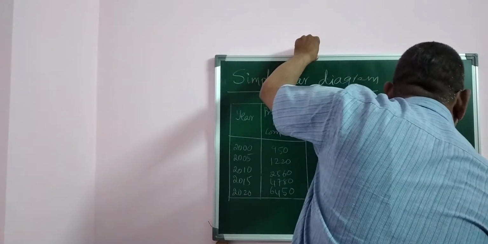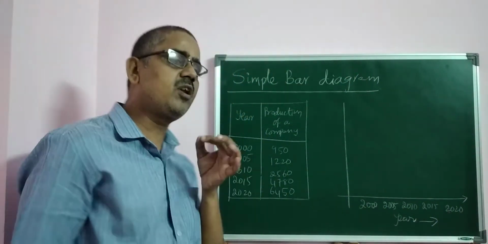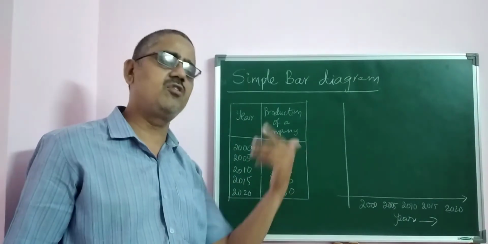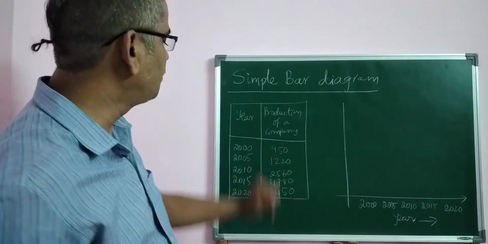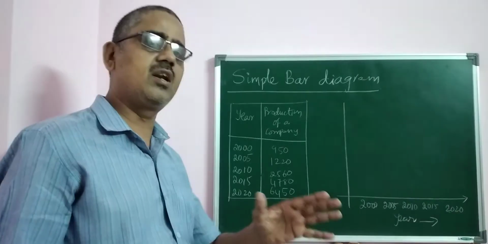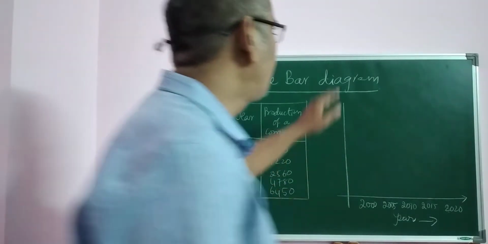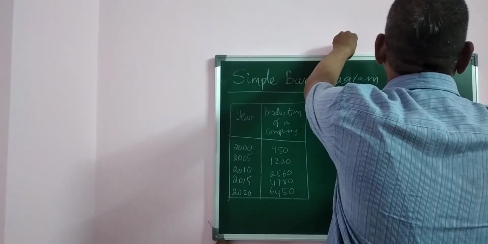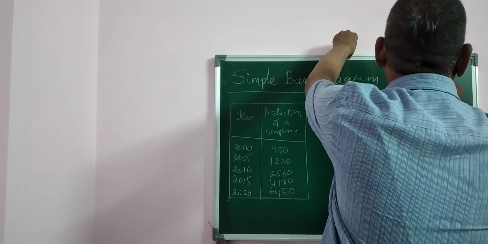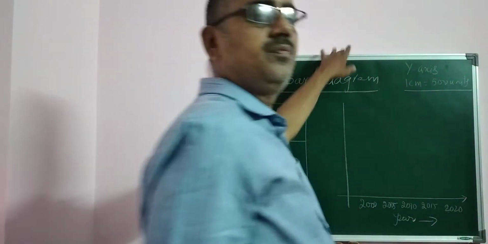So no bar on y-axis. No need to construct the y-axis, but just for representing the value of the variable in systematic pattern, it is required. After that, you can just remove it. You see here 950 up to 6450 we have. So I am considering nearly 6500, for every 500, a suitable scale for y-axis. For y-axis scale, it is going to be represented as 1 centimeter is equal to, for example, 500 units. If we consider, it is a better consideration.